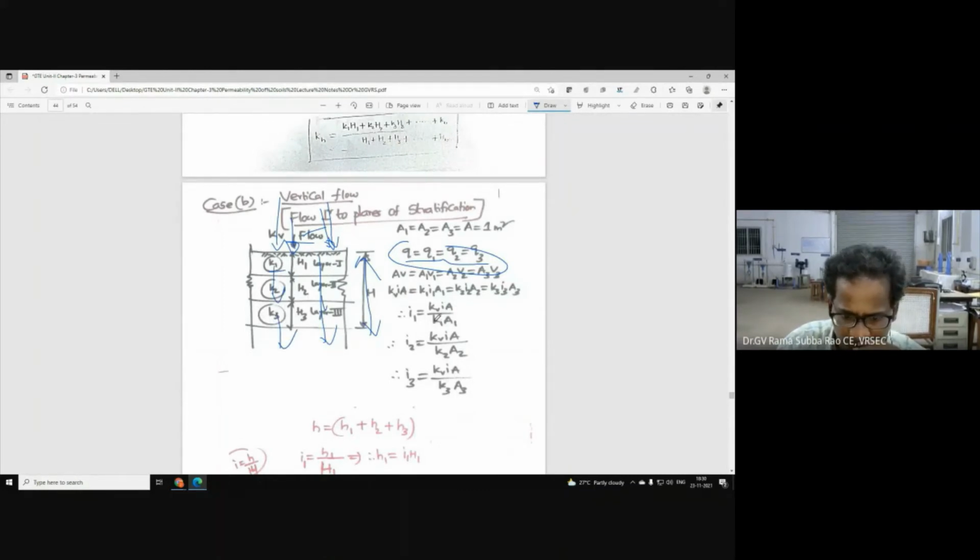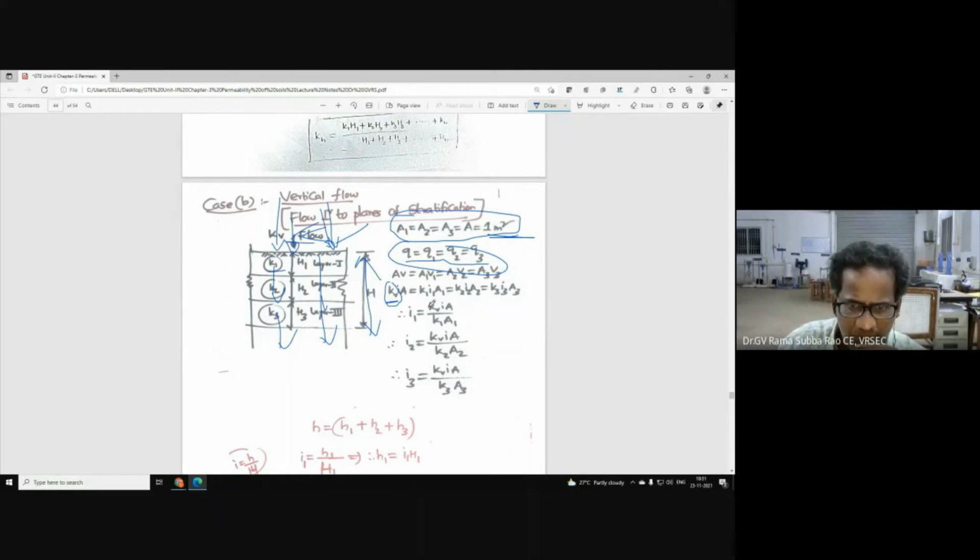That's the beauty here. Now one can see discharge is area and velocity: A1 V1, A2 V2, A3 V3. Now V is equal to Ki. So for the entire deposit, I would like to call it KV, in vertical direction. KV i A, K1 i1 A1, K2 i2 A2, K3 i3 A3. Now the flow happens within a unit area. That means all the areas A1, A2, A3, A are equal, which is equal to 1 square meter, because unit area of flow is considered in vertical direction.